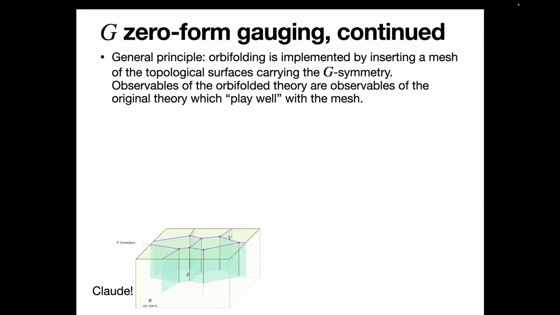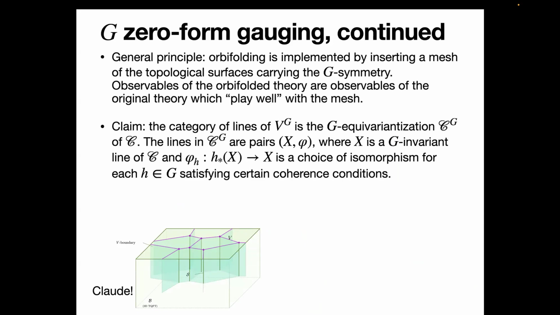So what's the idea? The idea is, in general, you orbifold by inserting a mesh of topological defects. And the way that you determine the observables or objects of the orbifolded theory is you ask, what are the objects in the original theory that play well with respect to the mesh? In this case, the answer is implemented mathematically by this notion of G equivariantization. So you want to at least look for G-invariant objects in the original category, but also keep track of a choice of isomorphism from